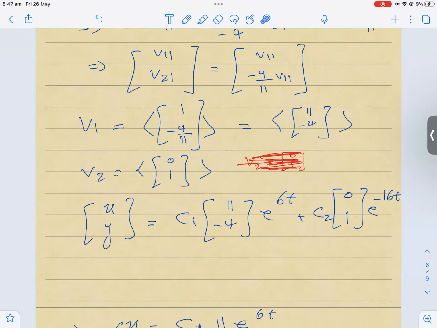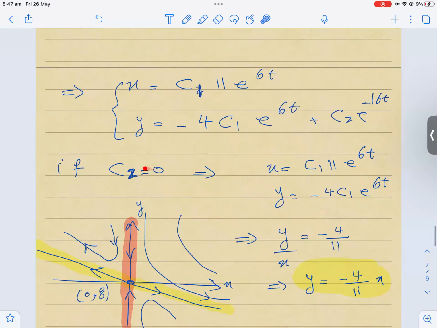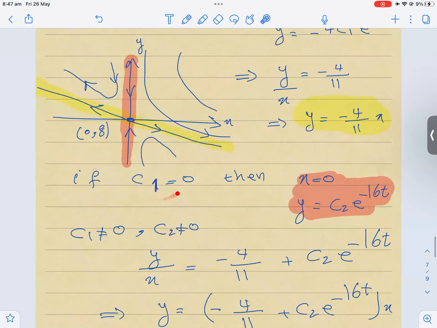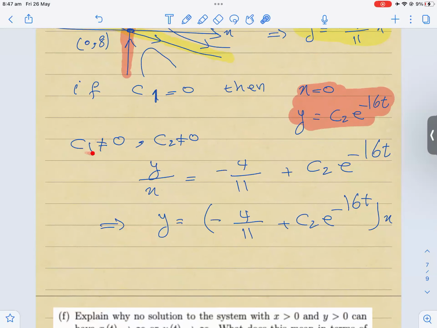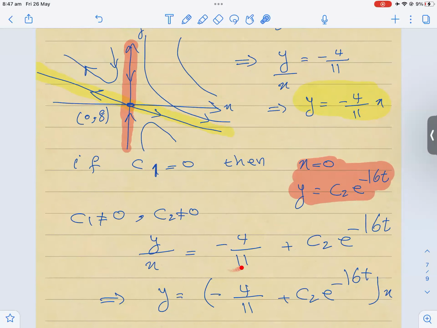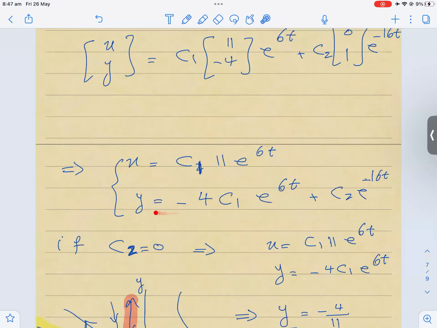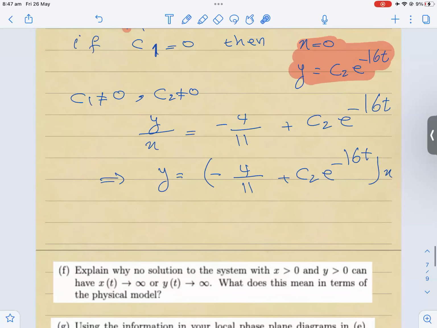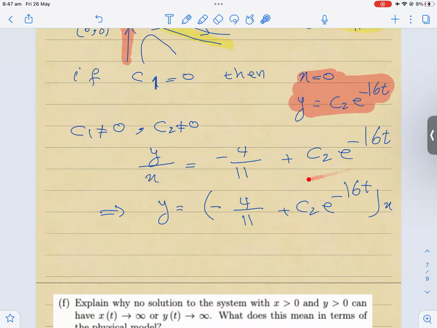All right. So we said C2 is 0, C1 is 0. Okay, let's see what happens when C1 is not 0 and C2 is not 0. So y over x: y is this. I want to divide y by x, meaning divide this right-hand side by this right-hand side. So we've got this one. Okay, so from here